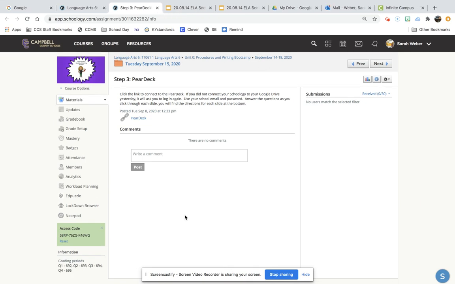That is all you need to do for today in language arts class. I know you're probably thinking, holy moly, what does this have to do with language arts? It is not anything really other than practicing your typing skills, practicing getting onto Pear Deck. We're going to do a lot of this work this week before we jump into the actual language arts, just to make sure that we're all comfortable in Schoology. I have figured out the kinks to try and get everybody the resources that they need. Please feel free to send me a message on Schoology, email me, or open up the Google Meet for